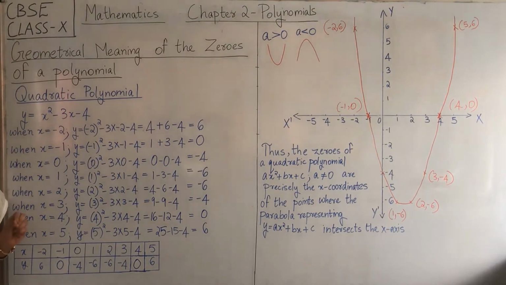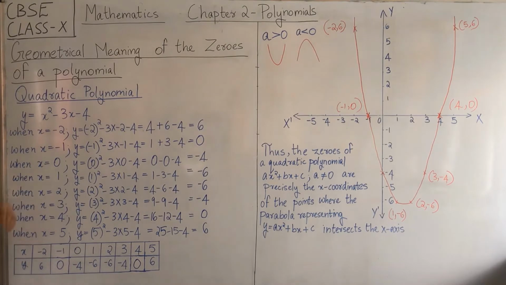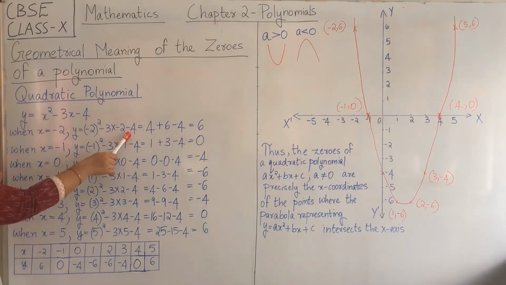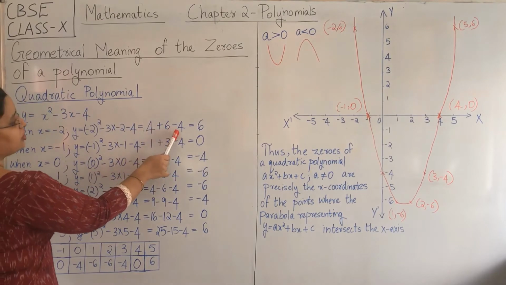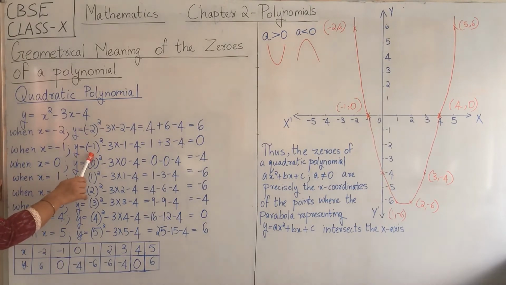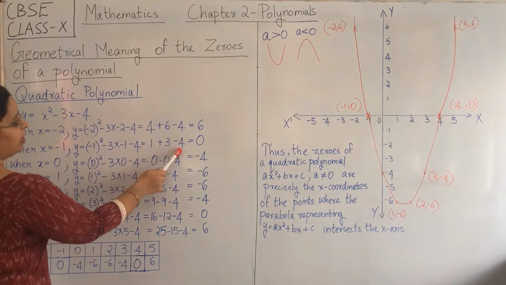Now I am going to substitute various values for x and find the corresponding values of y. Firstly, x = -2. Then y = (-2)² - 3(-2) - 4, that is 4 + 6 - 4 = 6. Then x = -1: y = (-1)² - 3(-1) - 4 = 1 + 3 - 4